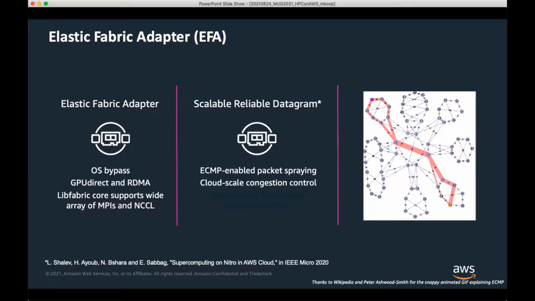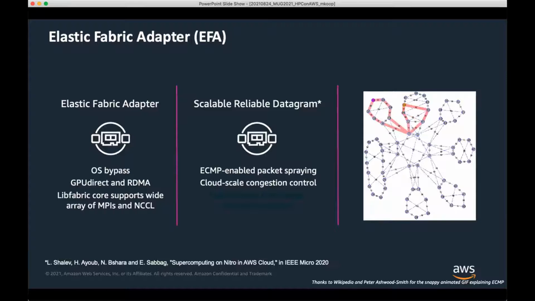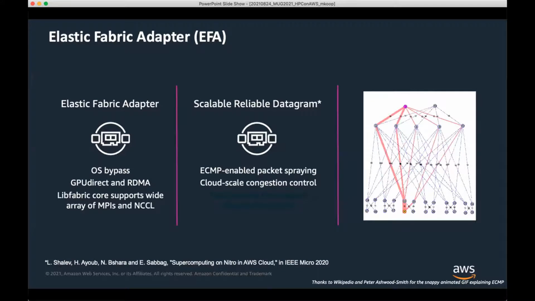And so it has all of the aspects that you expect from one that you would be using for HPC, including an OS bypass layer, the ability to do GPU direct and RDMA. And we provide both an RDMA core interface, which is what MVAPICH2-X AWS uses, as well as libfabric core support, which allows support across a wide variety of MPIs as well as NCCL.